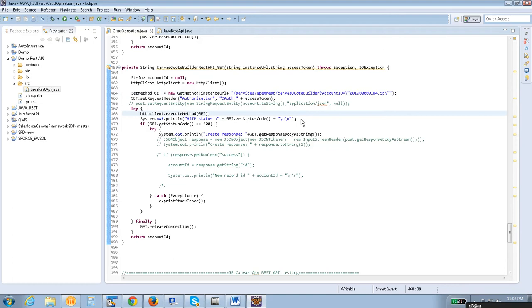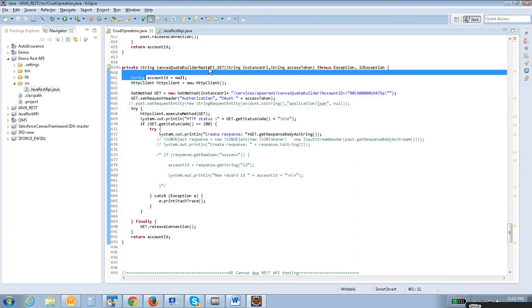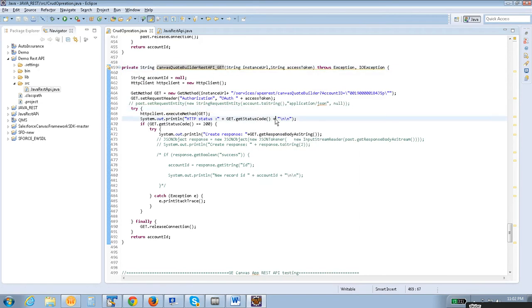Invalid URI, it is saying. So I think the ID is created with the parameter. Let me check what went wrong over here.